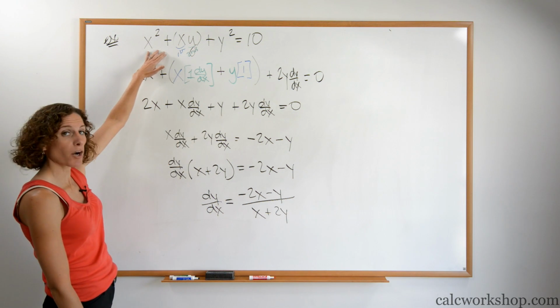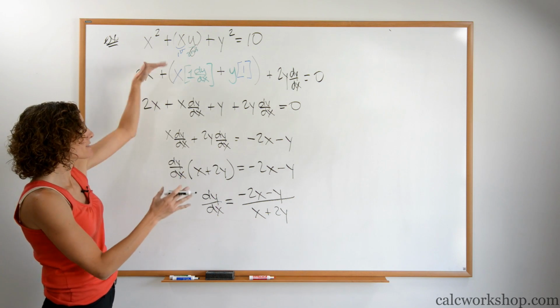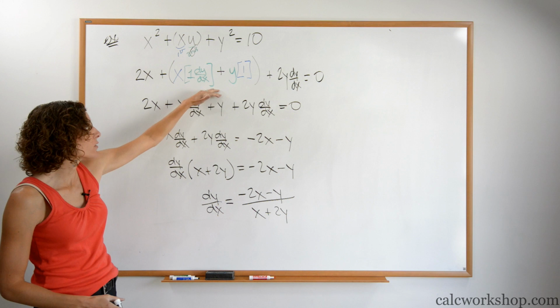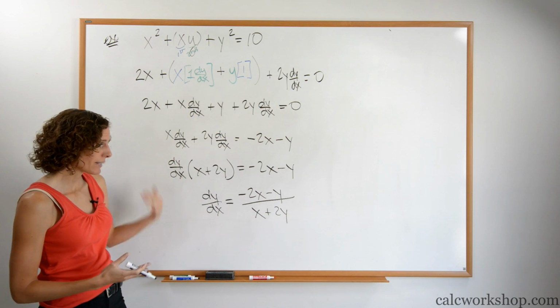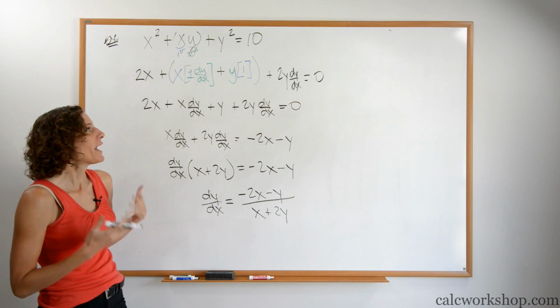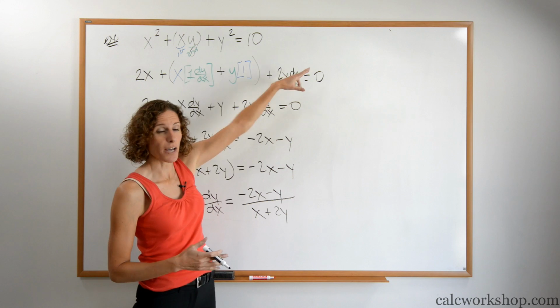We've kept our function in terms of x and y all intermixed, taken the derivative of every single variable, not forgetting to multiply by dy/dx when we took the derivative of y, and cleaned it up. So how can we make it harder? Same idea, and also putting variables on the other side.